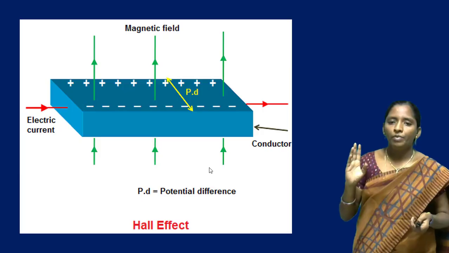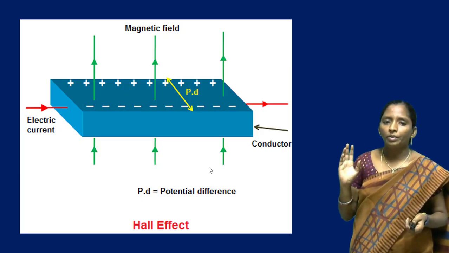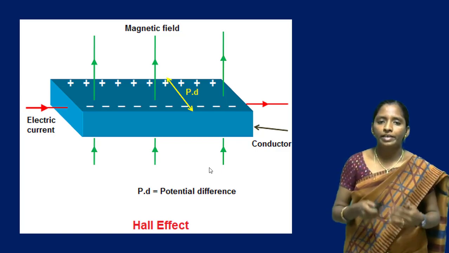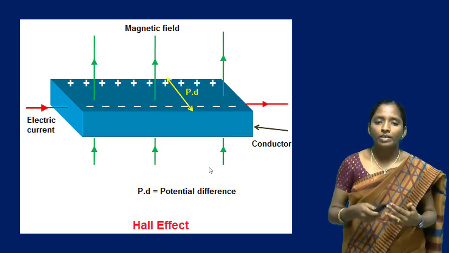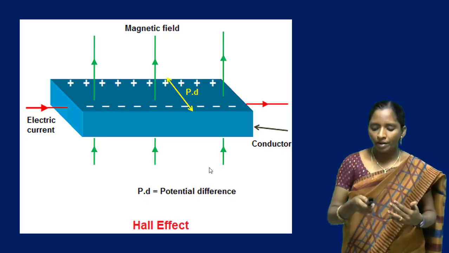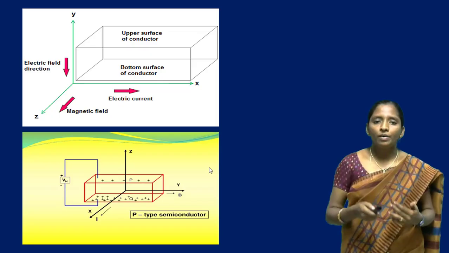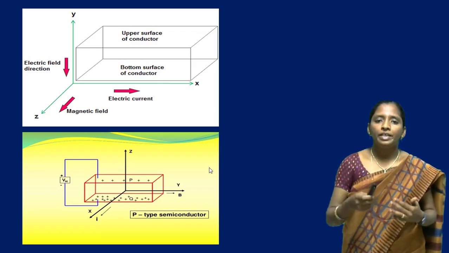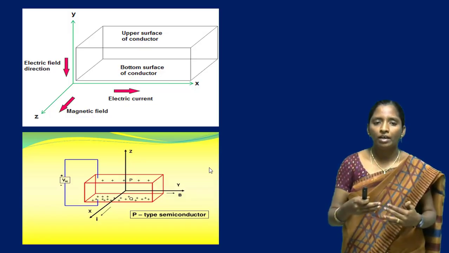Here we are applying a magnetic field perpendicular to the current carrying conductor, then a voltage is developed across the current carrying conductor and current flows through the device. So to find out the n-type semiconductor material,